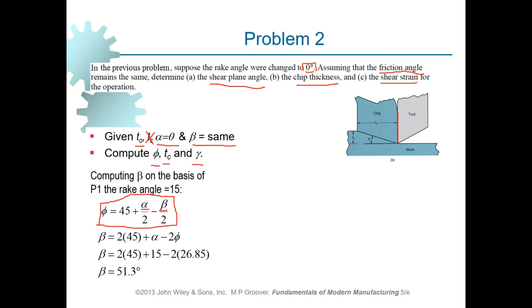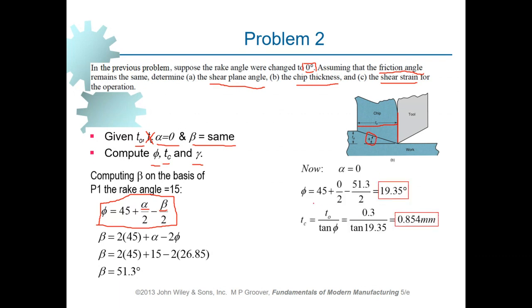The rake angle is 0, and in the previous problem it had a non-zero value. What are the effects of it? When it changes, this TC will increase significantly, and the value of alpha will be reduced. Now we do the computation. We make use of the Merchant equation, knowing the value of beta remains the same, and the new value of rake angle is 0. Now it gives us a different value for